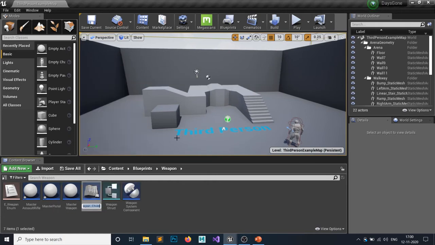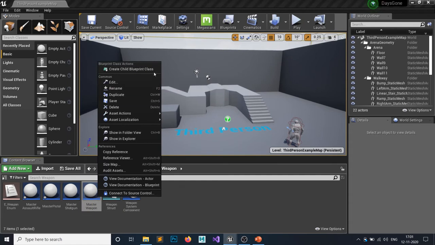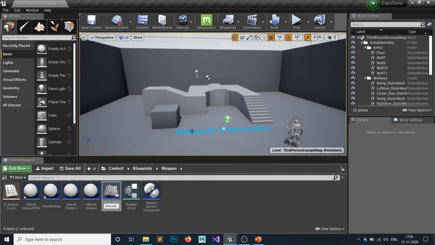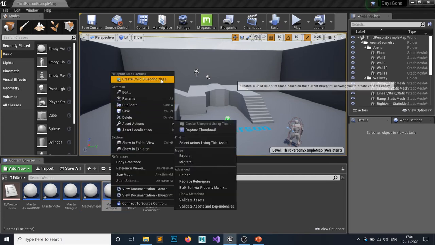Then I have a master shotgun. And I have a master sniper. And also I have a master melee weapon.